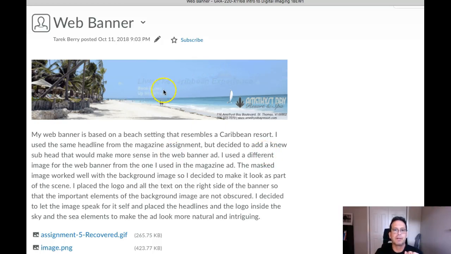Okay, so looking at this, I think there's some good things going on. You've successfully used the Arial bold italic and Arial bold for the headline, Arial bold italic for the subhead, and regular Arial for the body. However, as I look again, I see you're using an italic for the headline. So remember, it's Arial bold for the headline, Arial bold italic for the sub, and Arial regular for the body